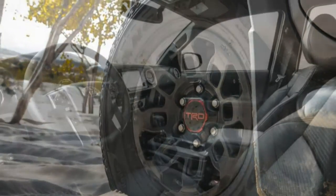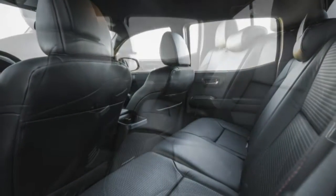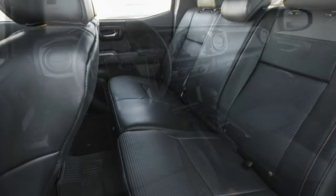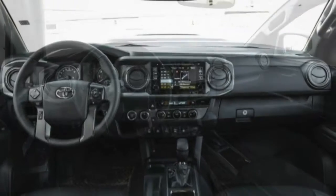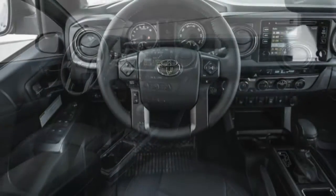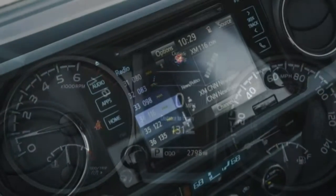Leather upholstery, heated seats, automatic climate control, navigation, a Qi wireless charging pad, blind spot monitoring, a backup camera, and a proximity key are standard. The TRD Pro comes only in crew cab form with the shorter of the Tacoma's two available bed lengths. Four-wheel drive with a low-range transfer case, a locking rear differential, the Tacoma's optional 278-horsepower V6, and a 6-speed manual transmission also are built into TRD Pro fare, although our test truck came with the available